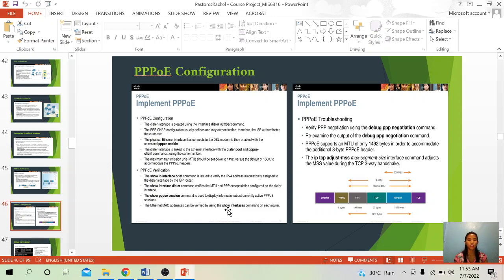The show interface dialer command verifies the MTU and PPP encapsulation configured on the dialer interfaces. The show PPPoE session command is used to display information about currently active PPPoE sessions. The Ethernet MAC address can be verified by using the show interface command on each router. And for troubleshooting, verify PPP negotiation using the debug PPP negotiation command